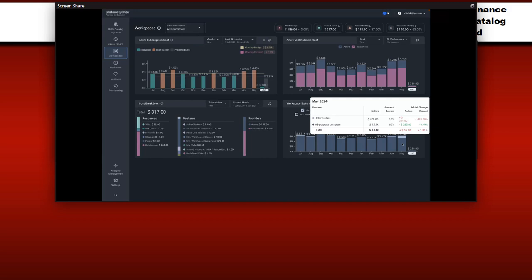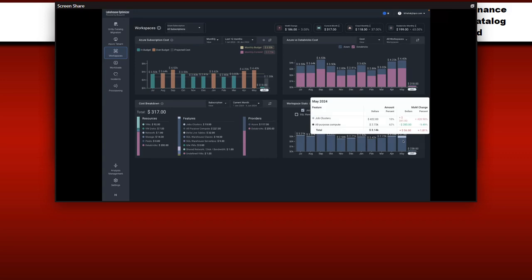That's one of the types of incidents that will be flagged by Lakehouse Optimizer, brought to the forefront, and ensuring that you have the ability to take action on that. So you can see a little bit of traction over here. We've started to migrate some of that component over from all-purpose cluster to job cluster. So you can choose your adventure and identify how those changes are actually happening over time.